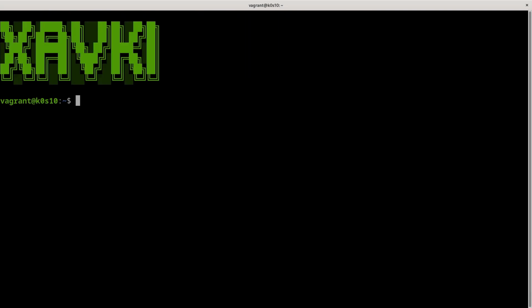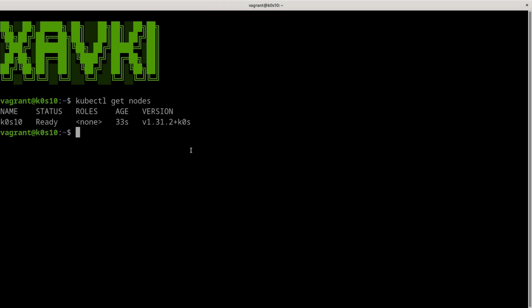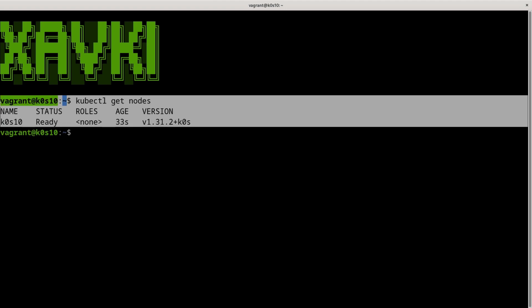Okay, and after that I can run kubectl get node, and now we have our cluster. I think we can add a sleep before, just to be sure that we have the cluster up when we connect to it, but I think it's not a problem.